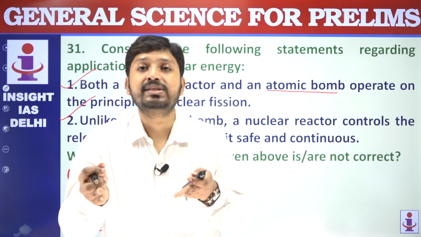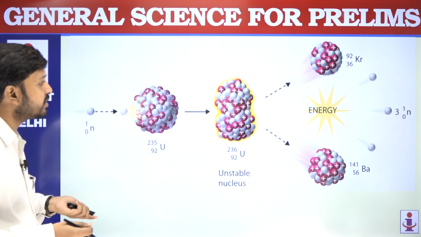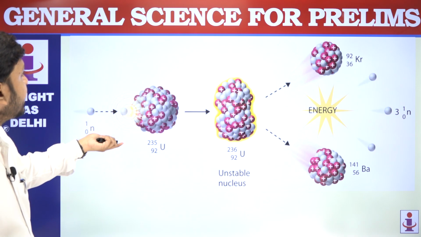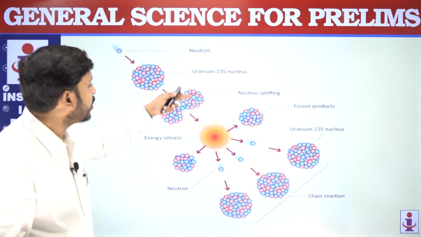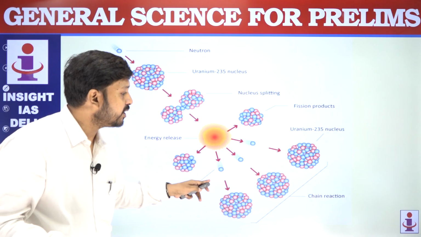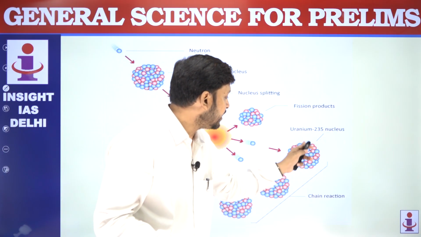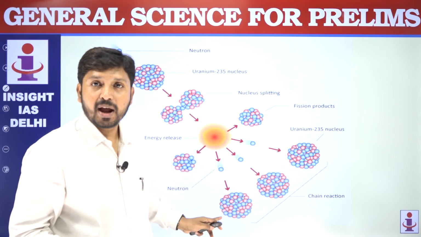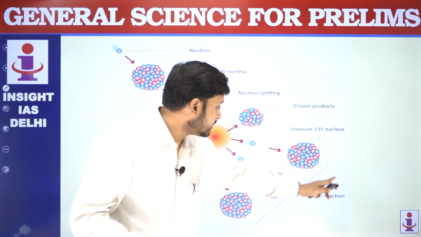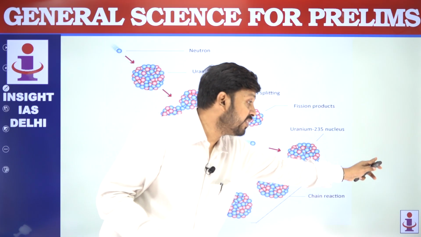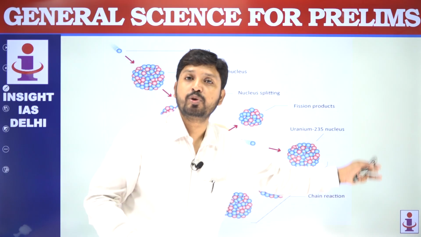Otherwise, more and more neutrons are released, and a kind of chain reaction will take place. This is a normal fission reaction. Here you can see these two are split, and in the process they release 3 neutrons, and in the next step these 3 neutrons will react with 3 more atomic nuclei. Then these neutrons will release 9, which will be converted into 27, so a chain